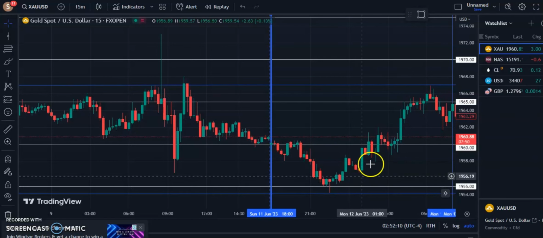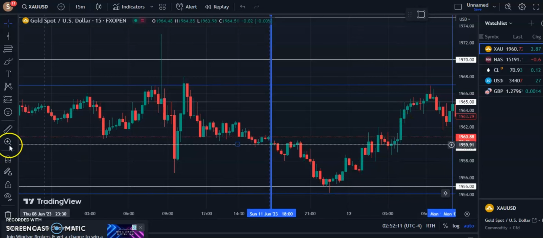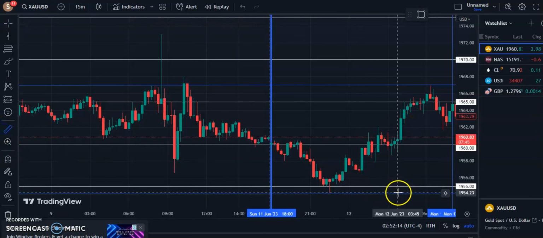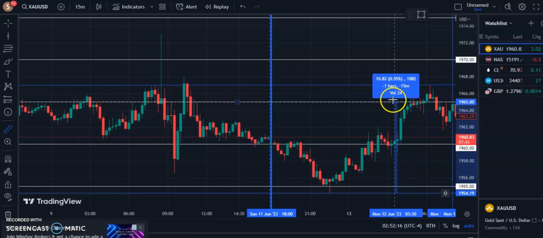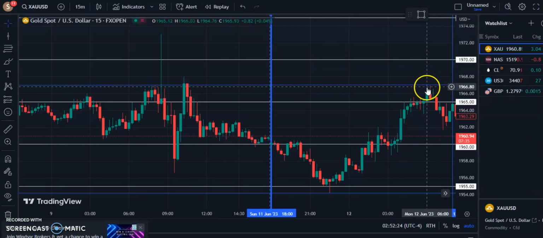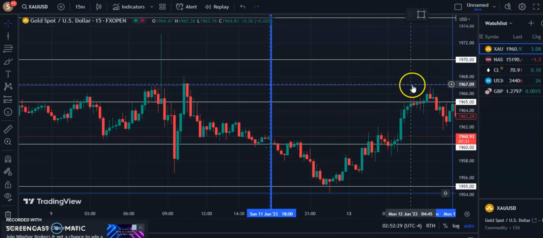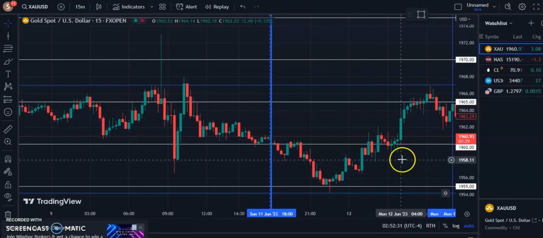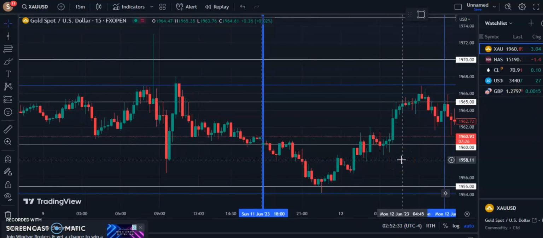It's a nice pump, 1 push, 2 push, and if you look at this from the low to the high, it's about 130 pips. So to me this is level 1, level 2, level 3. We have moved 3 levels to the high, and then the first hour